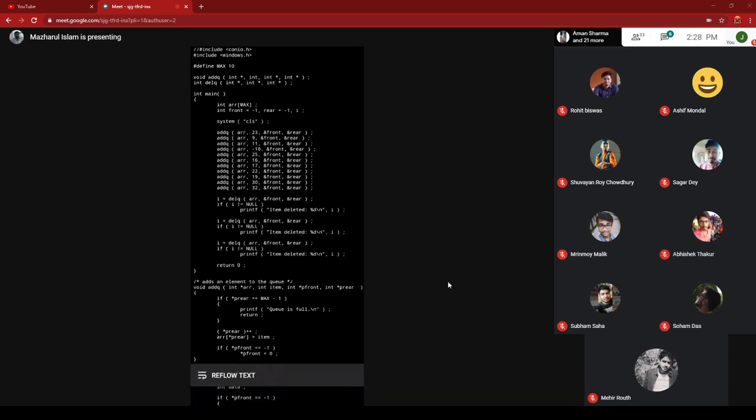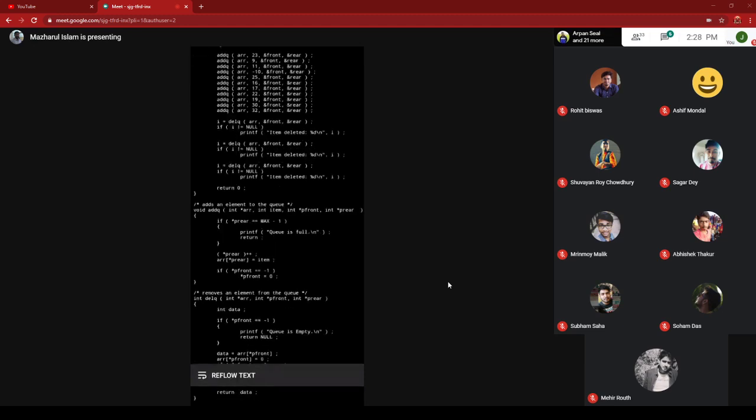Now your next thing is check the definition of this function. So add queue function, when you are going to add, one provision should be there. You have to check whether queue is full or not. When p rear equal to max minus 1, that's mean queue is full. You cannot enter further elements.